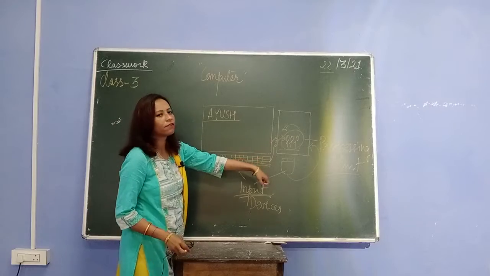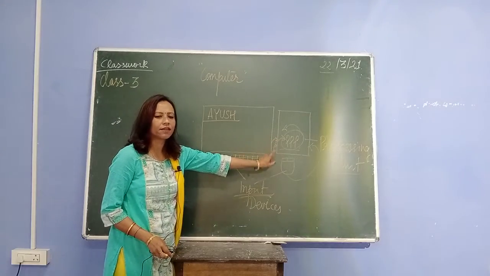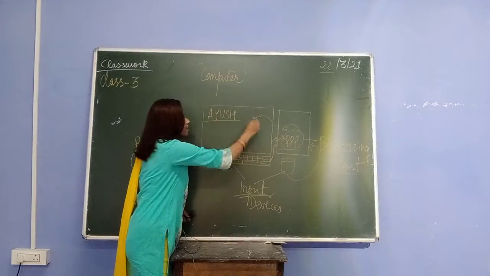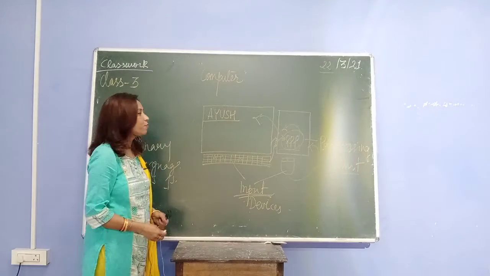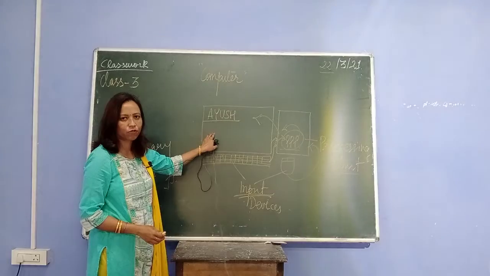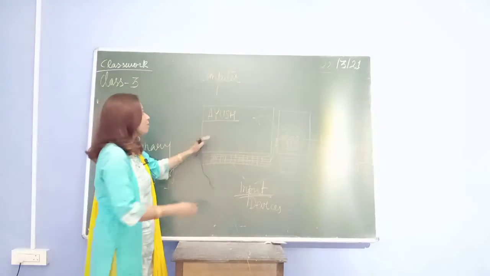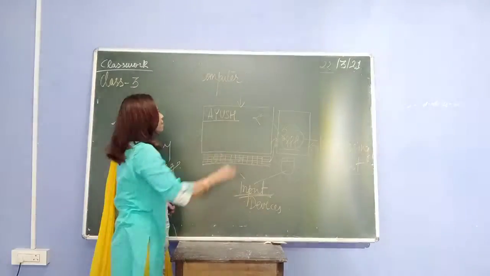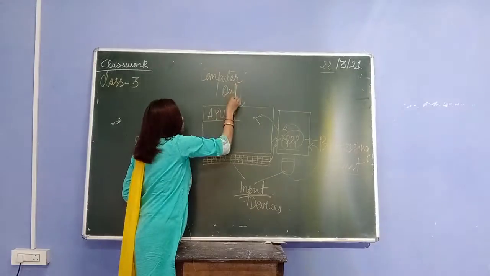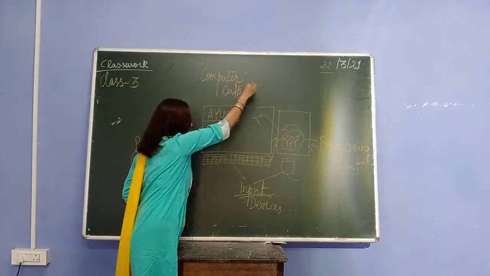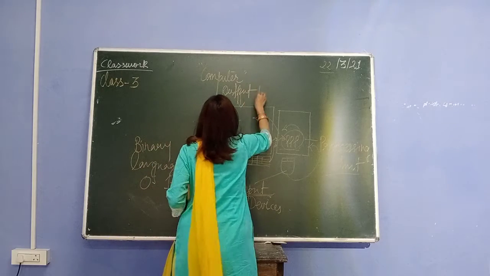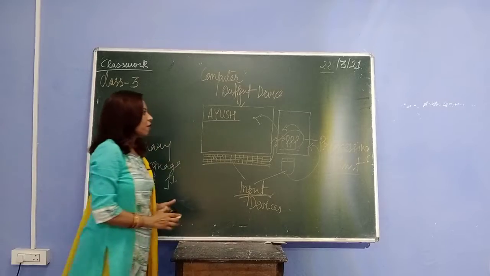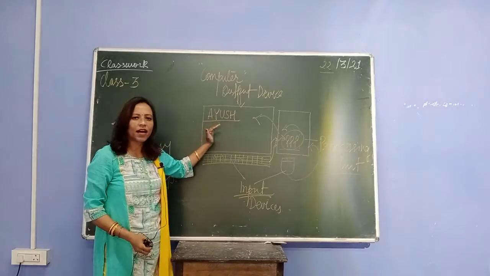After doing all the work inside the CPU which we cannot see, your information comes inside the monitor where you can see what you have typed, what you have done. So this part where you can see your work happening is known as your output device. What is this called? Output device. Because here you can see what you have done.